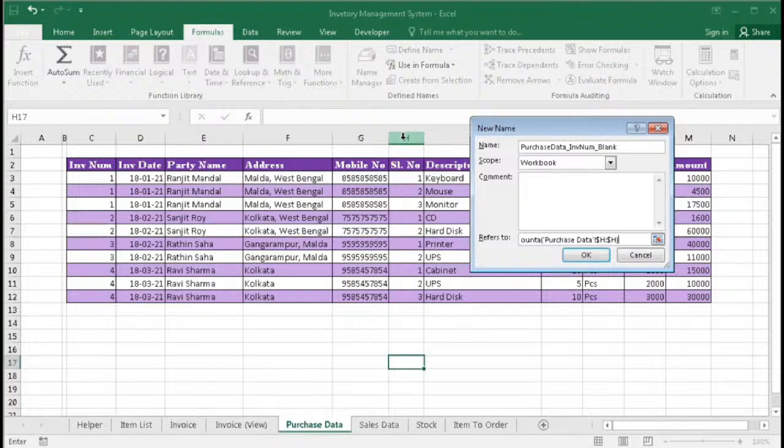Okay, so we have created all the names. You can see here purchase data address. Here I have not given the blank. Let's go blank. Okay. So invoice name blank, invoice date blank, party name blank, address blank, and mobile number blank. Okay. And for sales